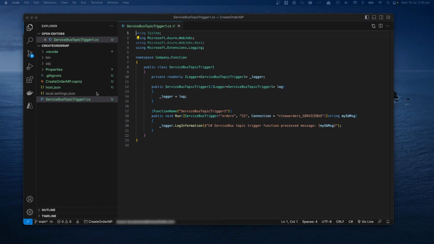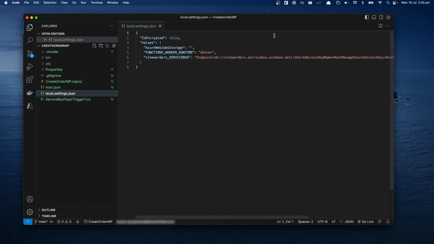And the first thing we want to do is to come over to our local.settings.json file, and we want to add in some new configuration elements, mainly so that we can talk to the Marketplacer API. But just before we do that, I want to draw your attention to this. We have already got a connection string to our service bus created for us. And again, this is a highly sensitive piece of information, so you would not want to make this publicly available